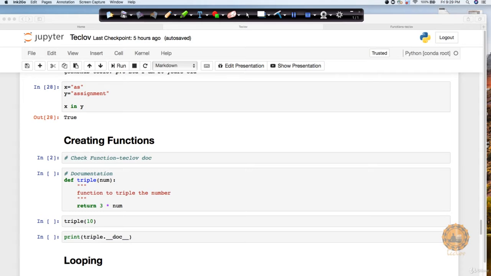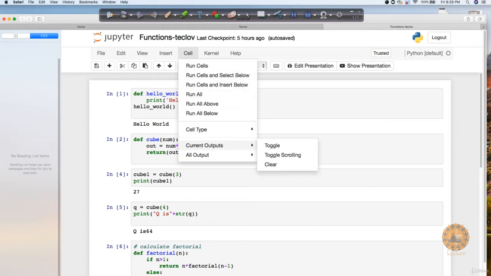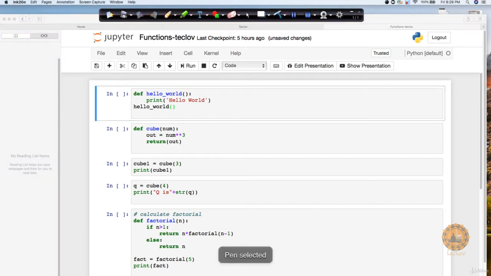Now let's see how to work with functions. We have to check this particular doc. So let's come here. Here we are going to create functions, so let's first understand how to create one. Let's say I want to create a function called hello underscore world. If I want to create it, the first thing is I always start with the keyword def. It's a fixed keyword in Python called def, which means definition. What is the name of this function? Hello underscore world. I'm not passing anything, which means there is no parameter inside this function.